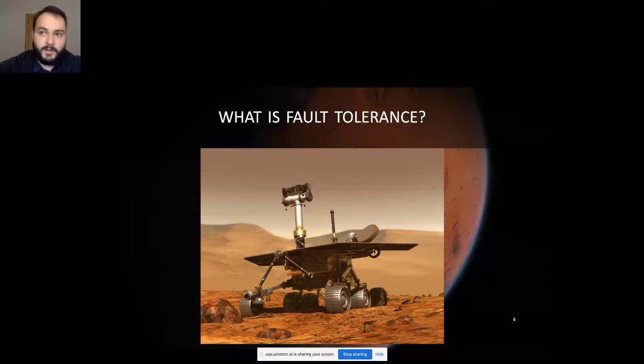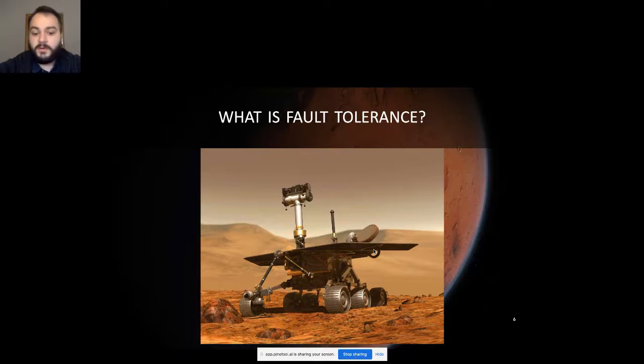Spirit lasted for more than 2,000 sols on Mars, which is about 5.5 years. And Opportunity officially ended about one year ago, and it lasted for 15 years. Does it mean that during all of these 15 years, there were no errors, no faults with these rovers? Of course not.